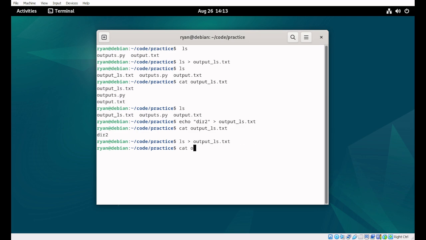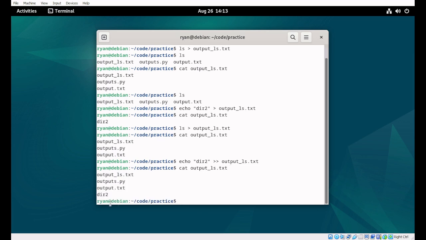And we can cat output_ls. So if we don't want to override it, what we can do is, again, we'll do echo, and we'll do directory 2, and then we'll do two of these. And what that says is, okay, don't overwrite the file we want to redirect our output to, but append to it. So we can do output_ls, and then we'll cat output_ls, and it appends it to the